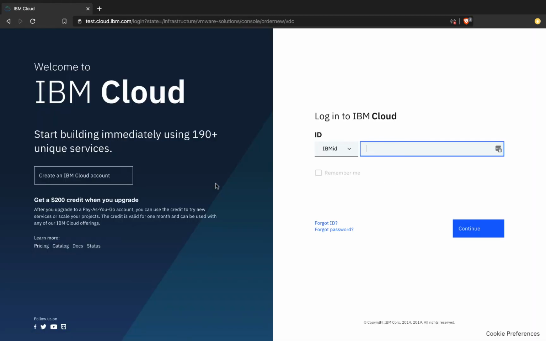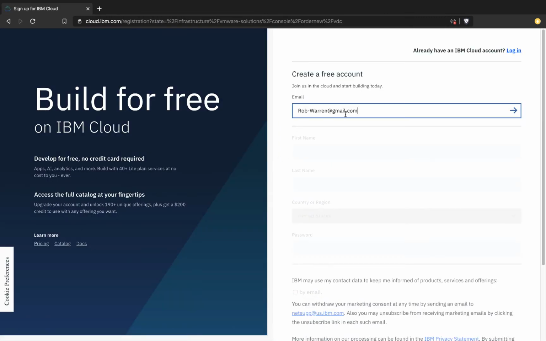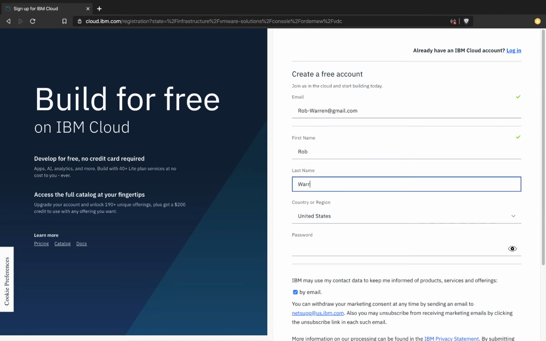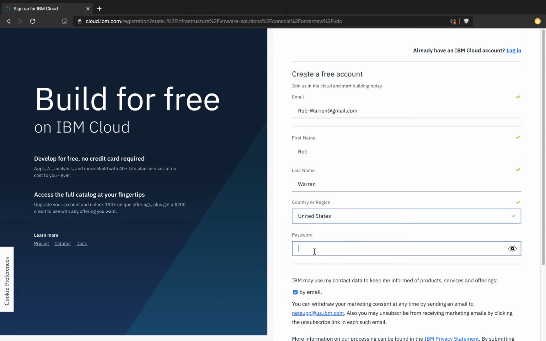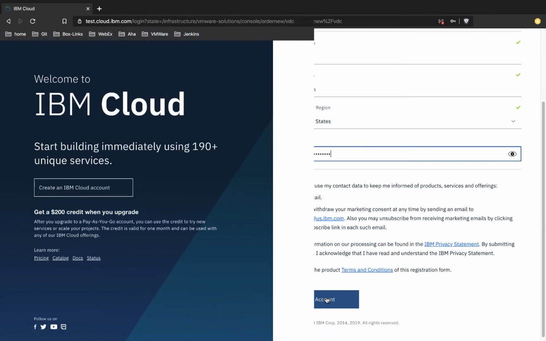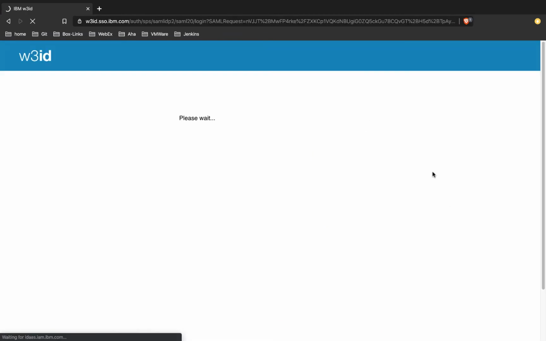I'll need to create an IBM Cloud account to use the VMware service. First, I'm going to need to supply my email address. Next, I'll provide my name and country along with a secure logon password. That was easy. Now that I have an IBM Cloud account, I can create my IBM Cloud VMware Solutions service